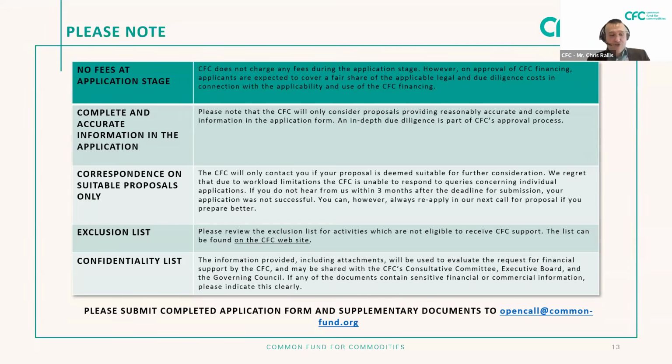Now, the first chapter of the application form is called organizational, section 1.1. What we would like you to do is write down the name of the organization, the legal type of the organization, who the founders are, and when and where the organization was incorporated. A simple example would be: CFC is an intergovernmental financial institution founded by the UN in 1989, and is based in Amsterdam, the Netherlands. That's it, nothing more, nothing less.